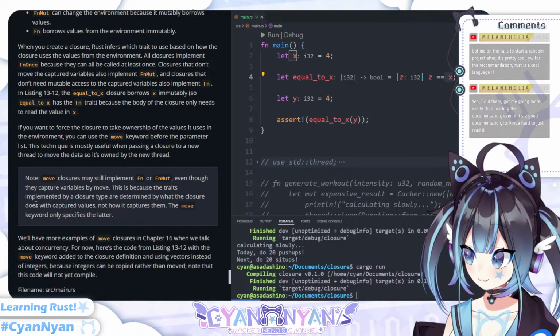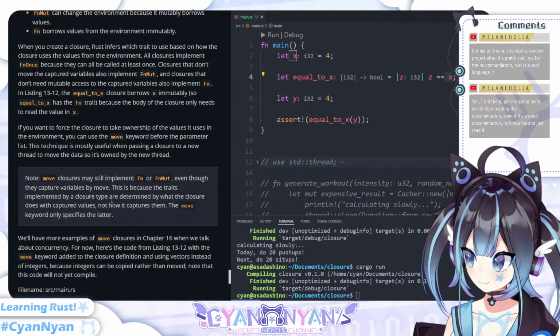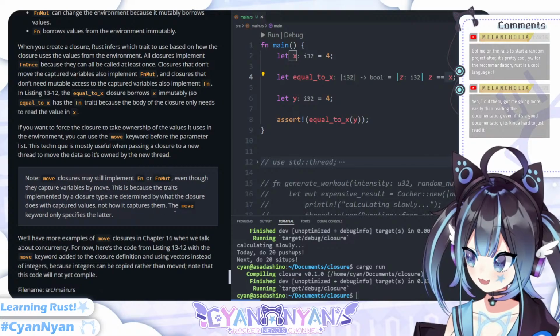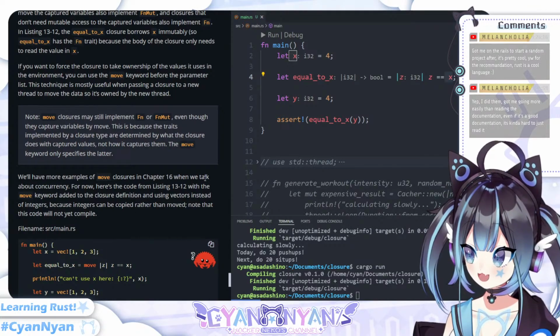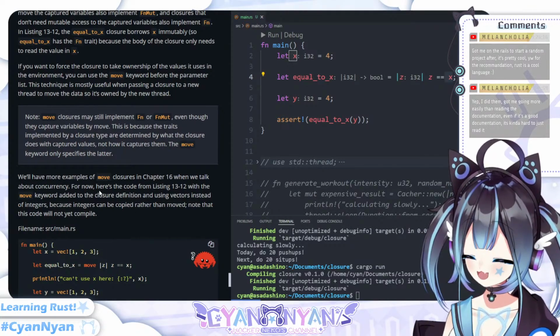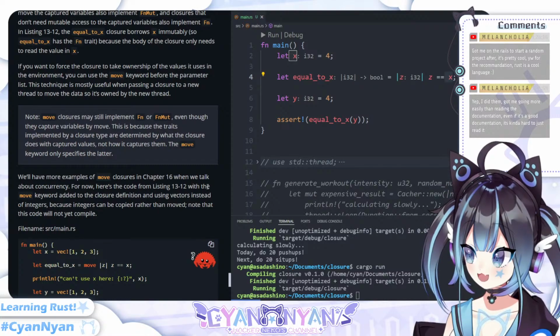This is because the traits implemented by a closure are determined by what the closure does with the captured values, not how it captures them. The move keyword only specifies the latter. We'll have more examples of move closures in chapter 16 when we talk about concurrency. But now, here is the code for